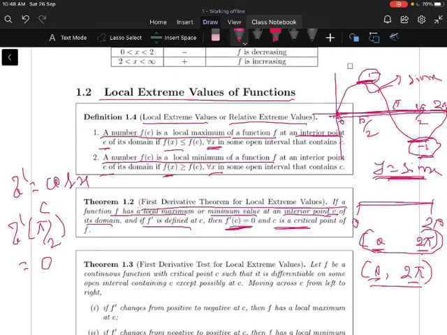So you can observe that the function has a maximum value at x equal to pi by 2. And x equal to 3 pi by 2. What is f dash of 3 pi by 2? That means 270 degrees. Cos 270 degrees, again that is 0.